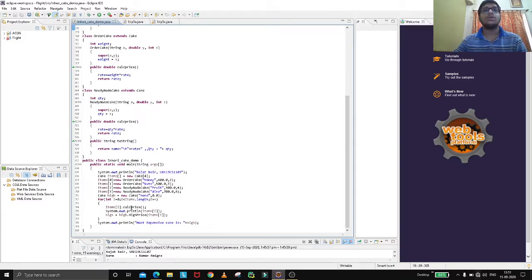So it will calculate the price for every item in the order cake and ready-made cake. Now it will also provide items of i, and also it will provide high equal to high dot high price. High dot high price is a function that is in the cake class. High price will give you the highest price of the cake which is present over there. So if we run this code now,